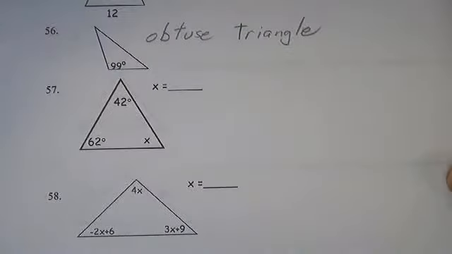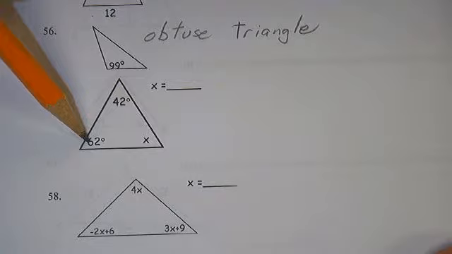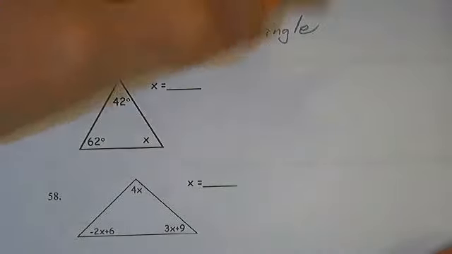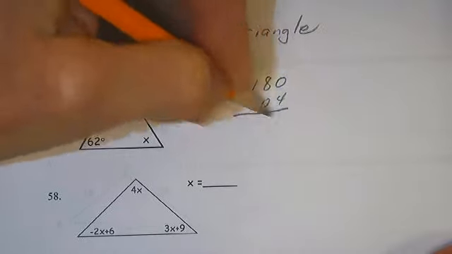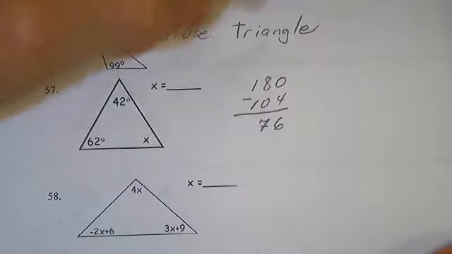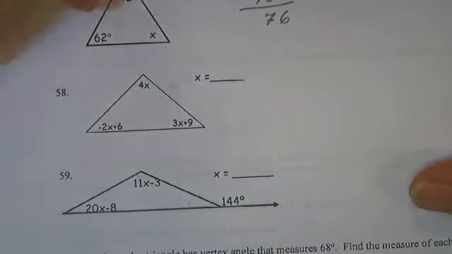In 57, 42 plus 62 equals 104. 180 minus 104 gives us 76 degrees. In 58,